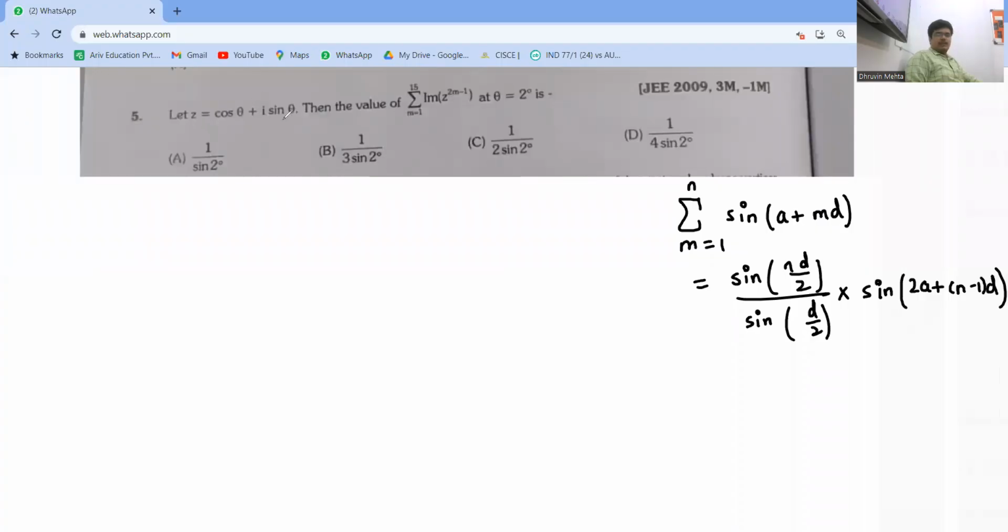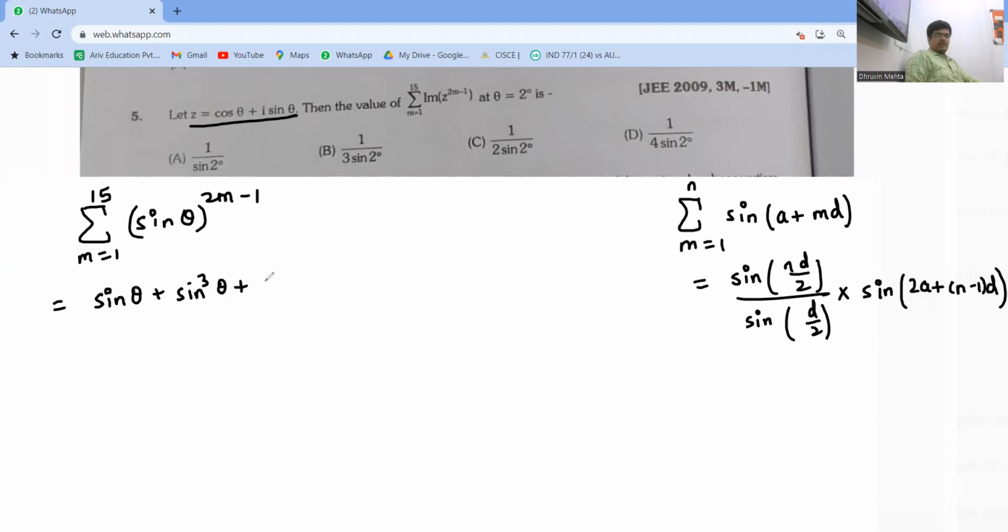See, in this sum z is cos theta plus i sin theta, and we have to find the value of this imaginary part of z raised to 2m minus 1. See, what is the imaginary part of z? Sin theta. Imaginary part of z is sin theta. So sin theta raised to 2m minus 1, and m is from 1 to 15. When you substitute m as 1 in this, we will get sin theta. When you substitute m as 2, it will be sin cube theta. When you substitute m as 3, it will be sin raised to 5 theta. And when you substitute m as 15, to ye hoga